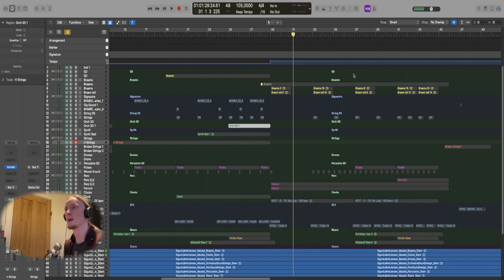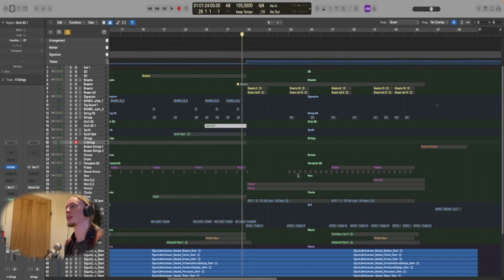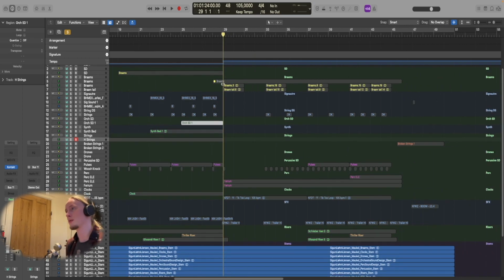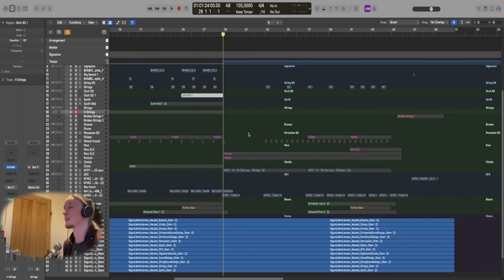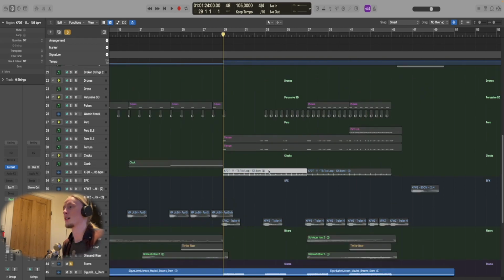Some people tell you don't ever change tempo and so on and so on. I'm more the guy that goes, if it fits, why not? It clearly placed, so I guess it worked, right? Anyways, we get a tempo shift, we get new big signature sounds, some big percussion, and this is not just